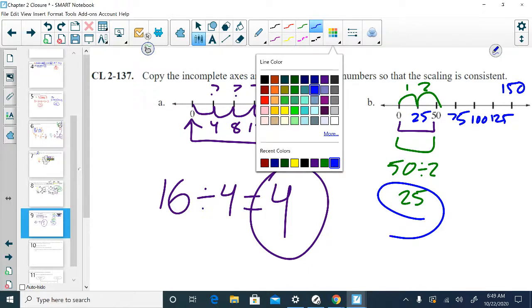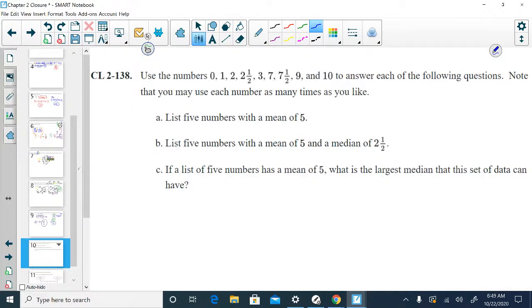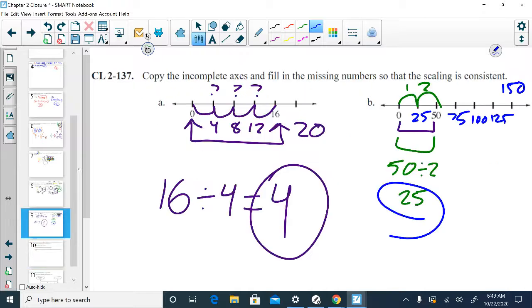All right, so this is how we scale our axes. And then when we have a graph, how many axes do we have? We have 2. And so you do the same thing when you're scaling your axes for your graph, except you're just doing